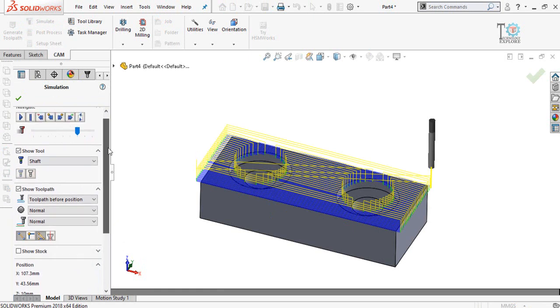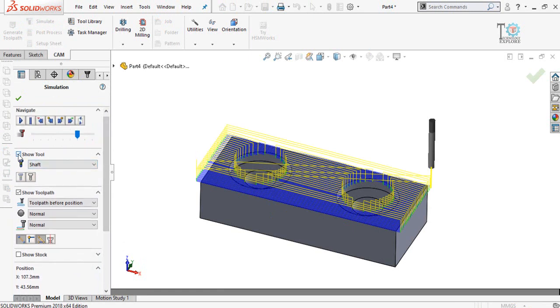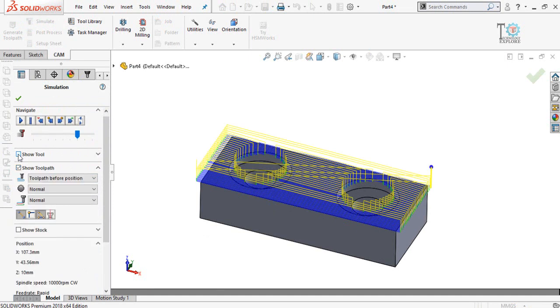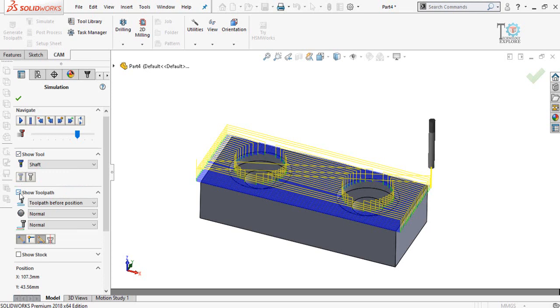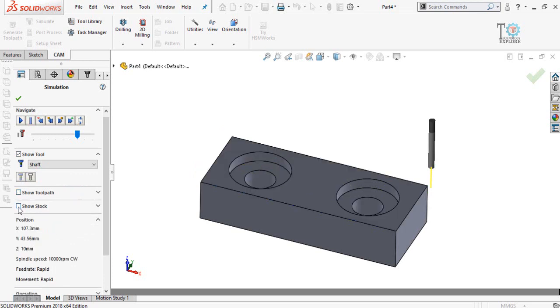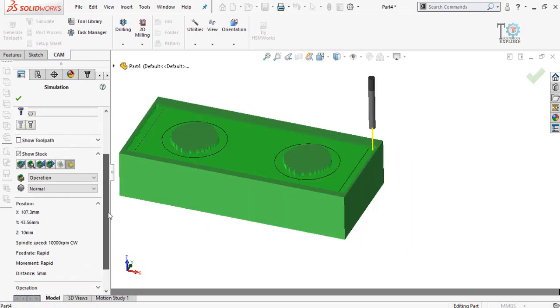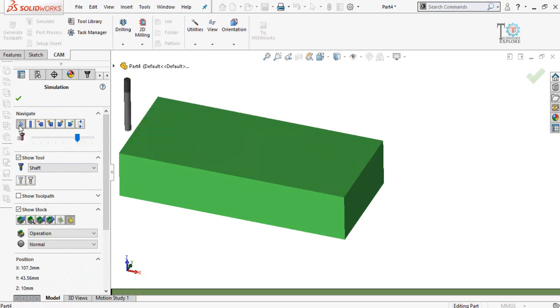These are the options for simulate. If you want to see how the tool will work, you have to check this option. If I uncheck, the tool will be hidden. Similarly for tool path, show tool path or unhide. And then we have this option, show stock. Now we can do simulation by playing this button. This is the speed of the simulation.